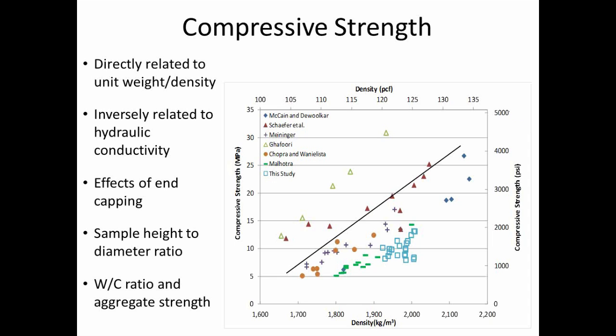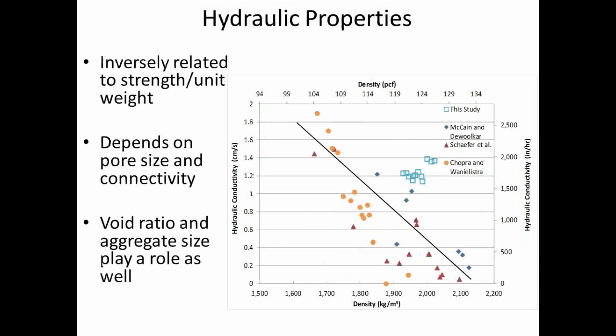So one group of concrete might have been made a little bit lighter to have higher infiltration capacity, and then you can take that same ingredients, compact it heavier, increase the density. So the opposite result for the...